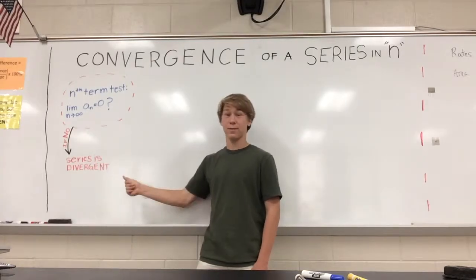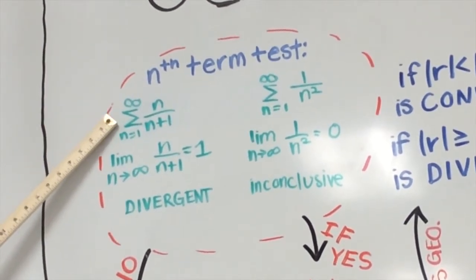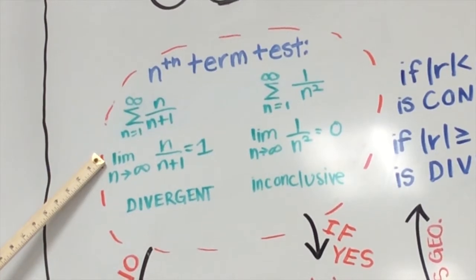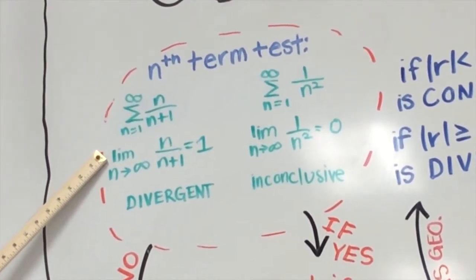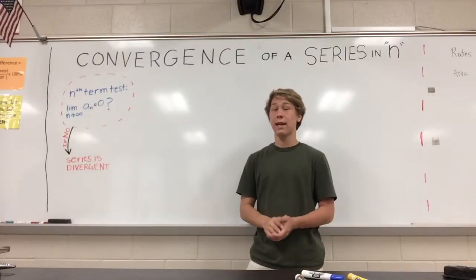Here are some examples for the nth term test. For our first example, we have the summation from 1 to infinity of n over n plus 1. Since the limit as n goes to infinity of n over n plus 1 equals 1 and not 0, our series is divergent. If your answer is yes, then